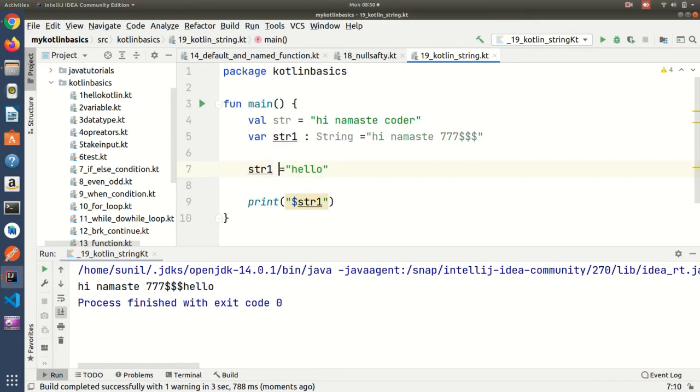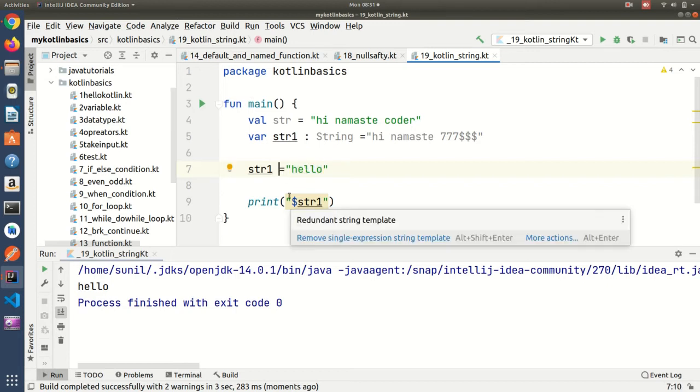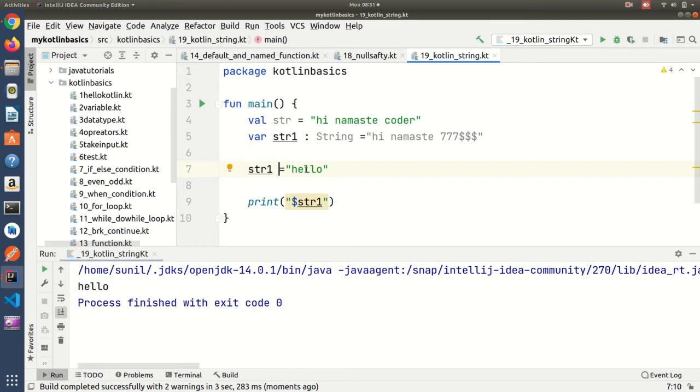If I remove this, then at that time only this is printed. So if I use the plus operator, it will add this string with this. See, currently the color got changed. If I use plus here, see, it will be a different color. Like that we can declare strings and use strings in Kotlin.